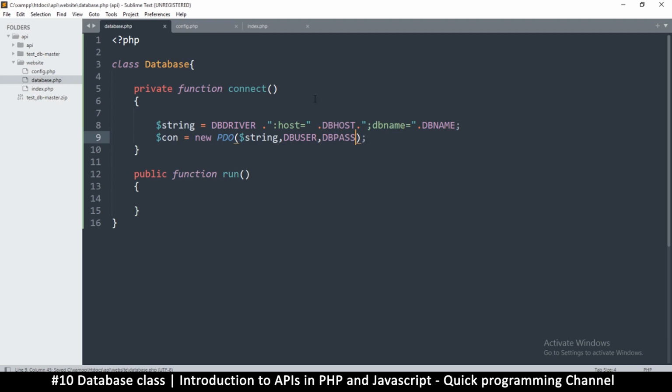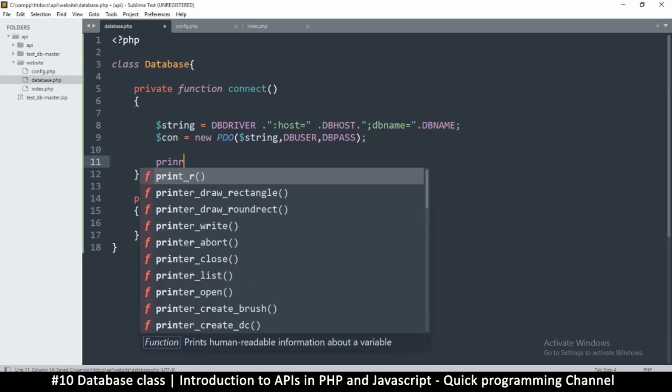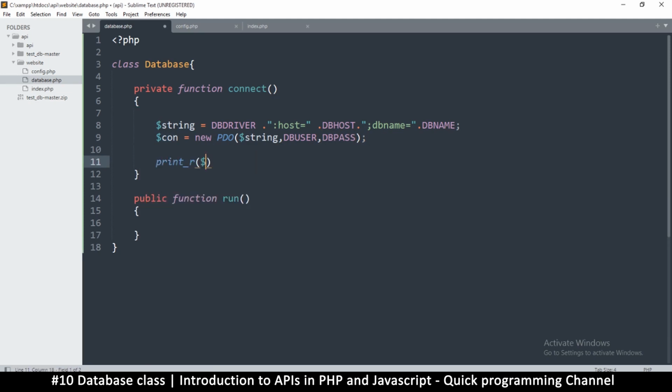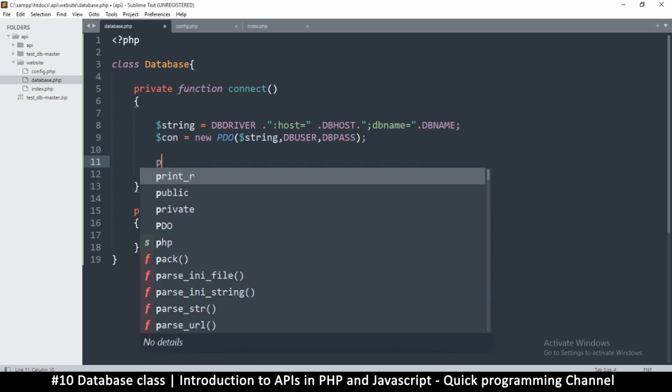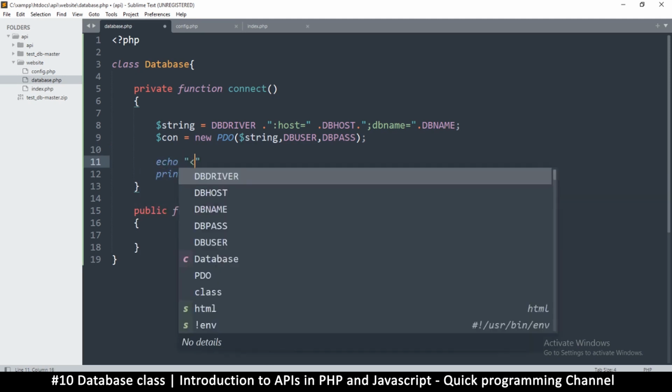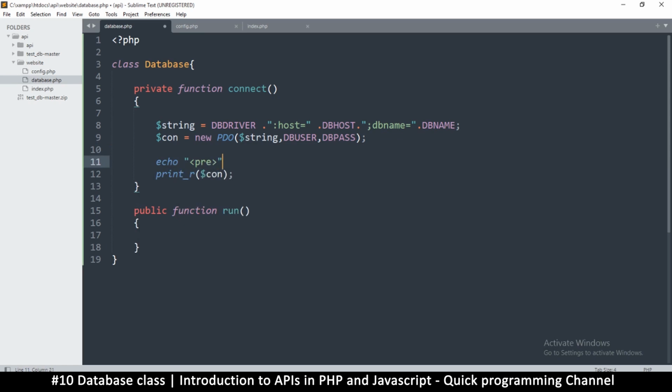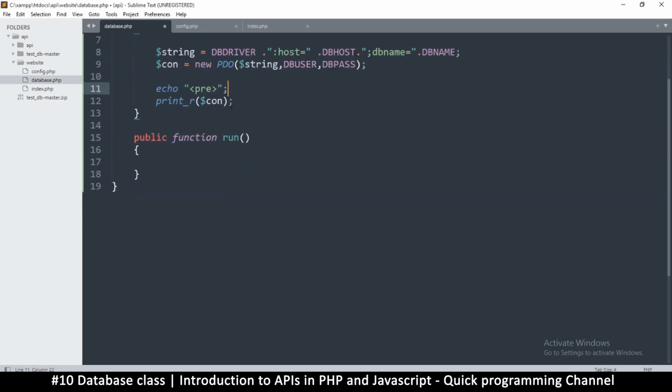Like so. Okay, so if everything went well, this connection should contain something useful. So we can easily test that before we even go any further. I'm just going to say print readable so that at least we can see something. Let's print what's inside the connection. Now I like to put some pre-tags here. So I'm just going to say echo and add the pre-tags so that we can better read the data that